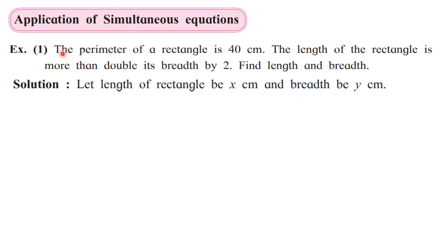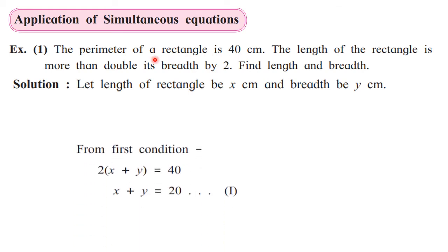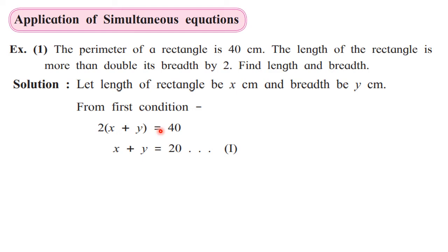Now let us make use of the conditions. See here the first condition. So you have to write down according to the first condition, and then you have to write down the first equation. Now you know the formula for perimeter of rectangle, 2(L + B). That means 2 inside the bracket length plus breadth. So here length is x and breadth is y. So I have written here 2(x + y) = 40. Now here we can divide 40 by 2. We have to simplify the given equation. So the first equation here is x + y = 20. Number it as 1.